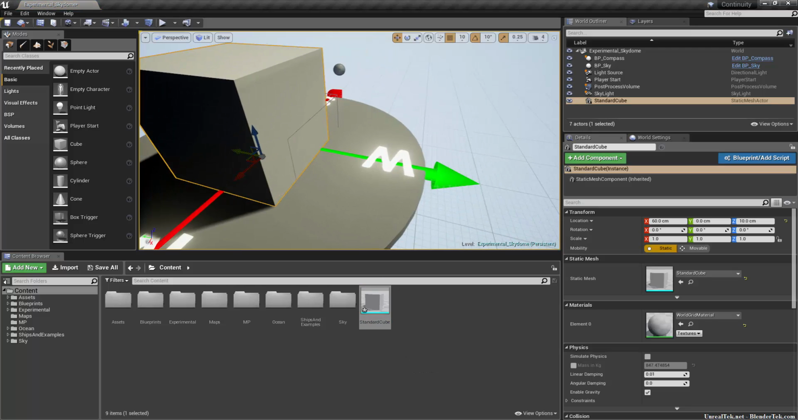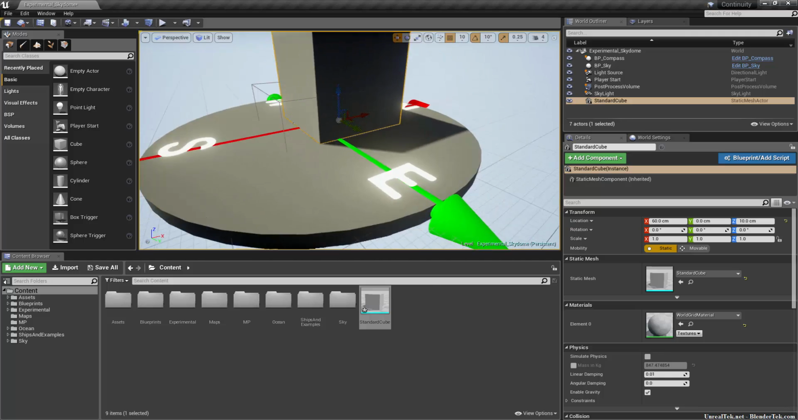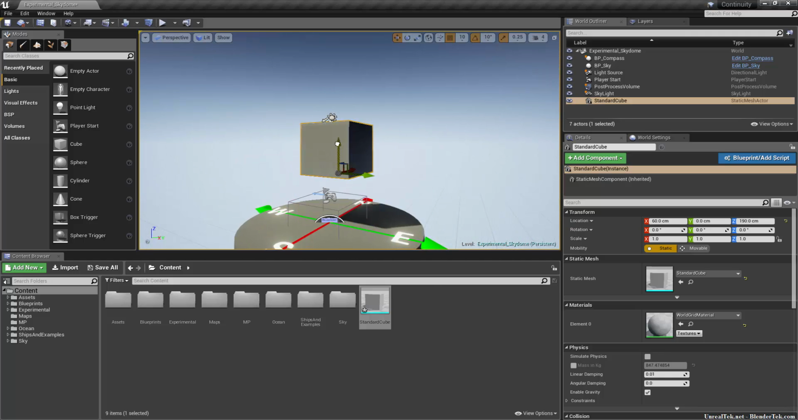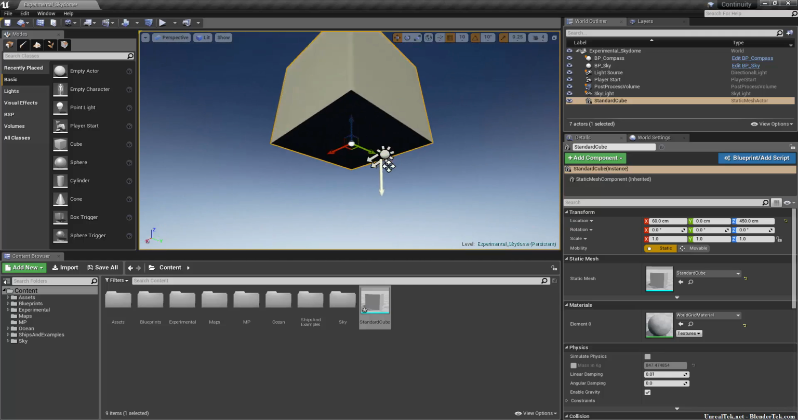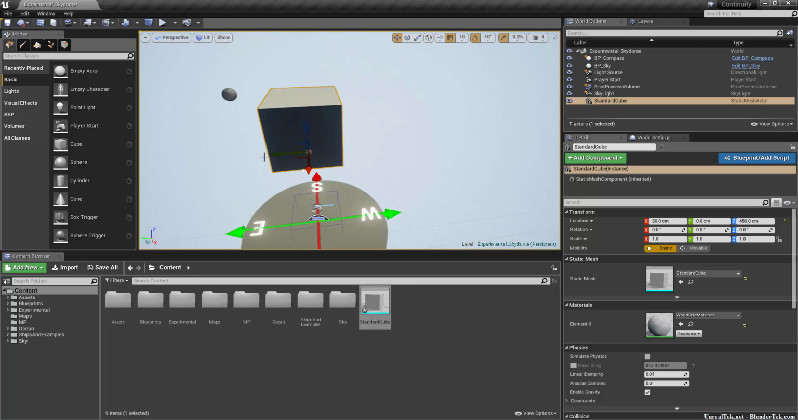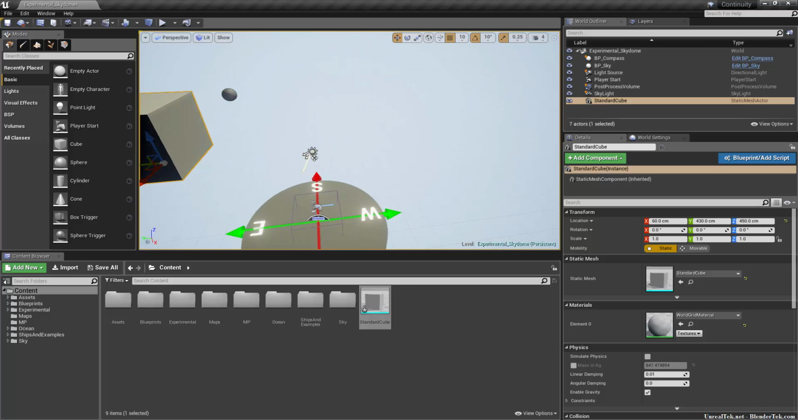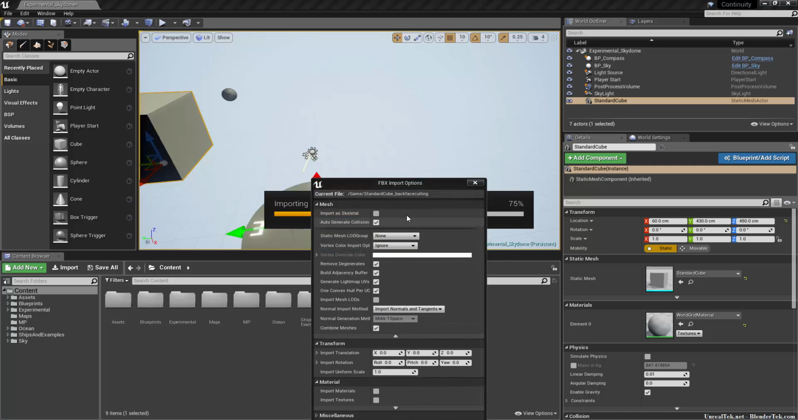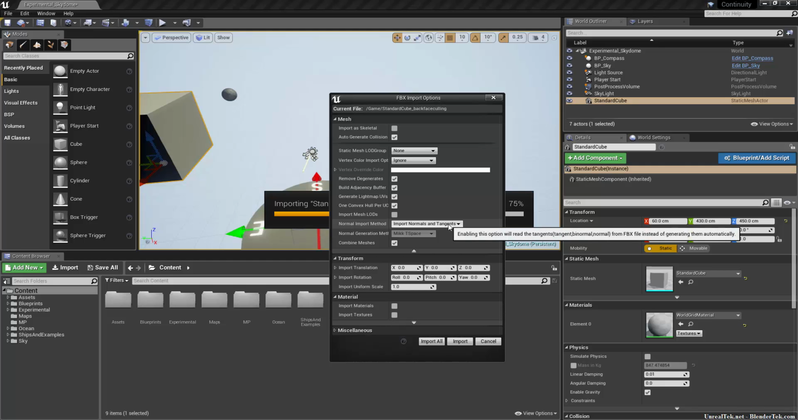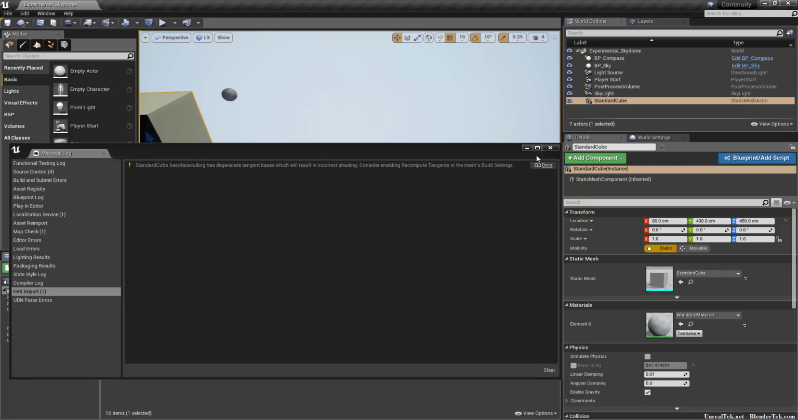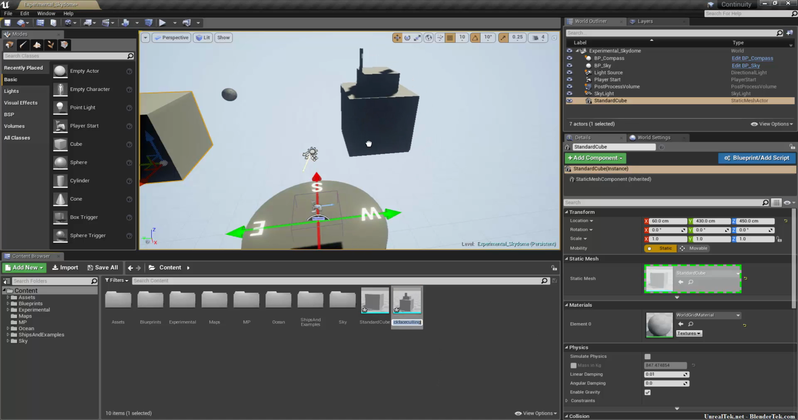It's a regular cube and I can move around it, and no faces are missing, so that's fine. Next, let's do the standard cube backface culling. So what I'm going to do is I'm going to import normals and tangents to show you what it would look like. So if I import it,